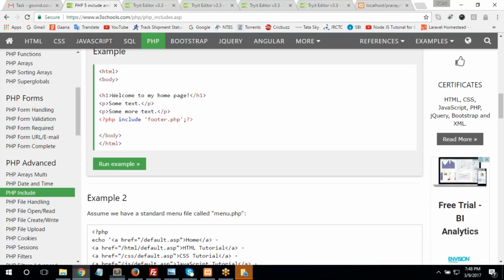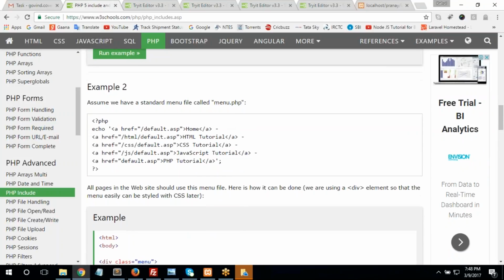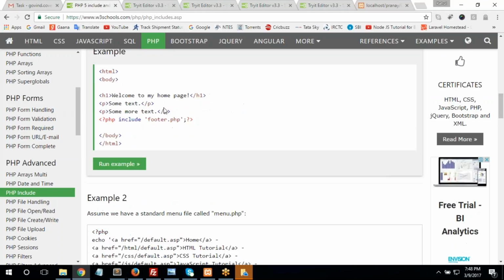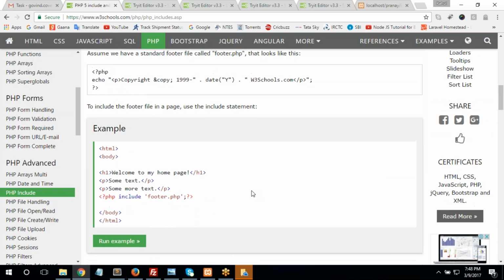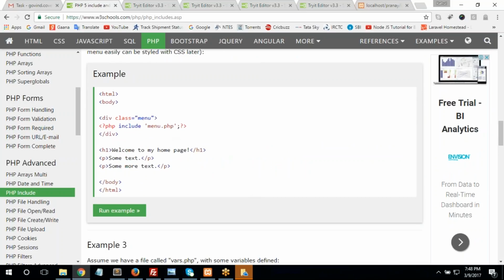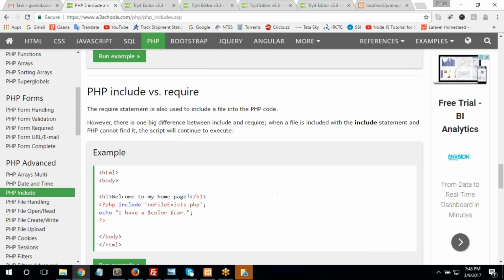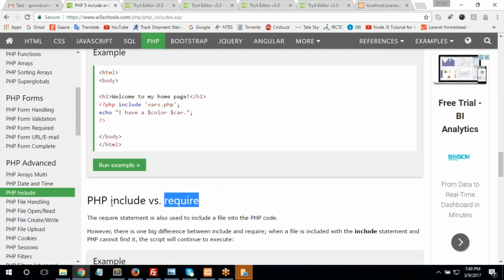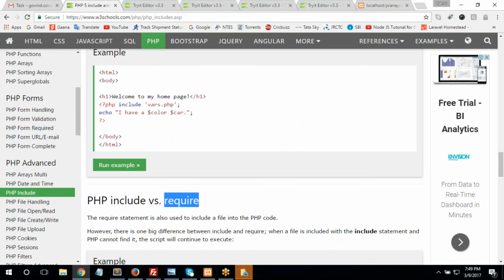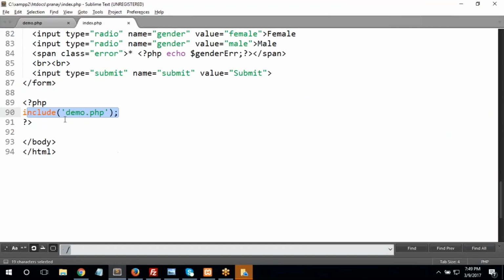They are including it in different tags. So we send them a file called PHP. We will see this if we get any other, require and include. Just try to understand this: require does the same thing, but if it doesn't find that particular file, in that particular folder, if we don't have demo.php and we are including